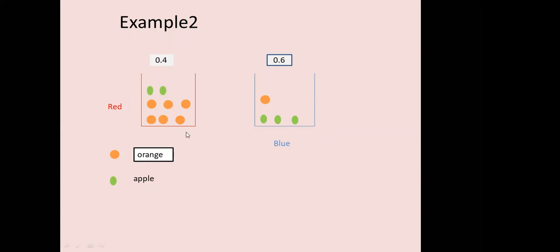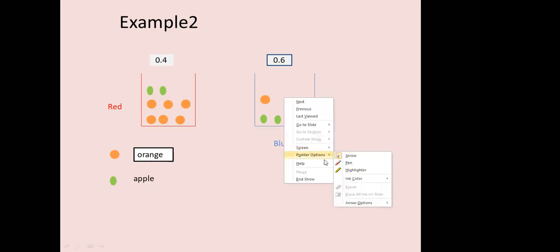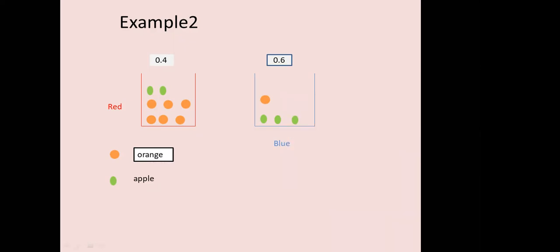Okay. We have here the two baskets. One basket is red and the other is a blue basket. The red basket contains eight fruits, out of which 6 fruits are oranges and 2 fruits are apples, and the blue basket contains 3 apples and 1 orange. Here, if we want to pick one fruit randomly from either of these two baskets, then what is the probability that it comes out of the red basket or the blue basket? Here we can see that the blue basket is picked slightly more times than the red basket.